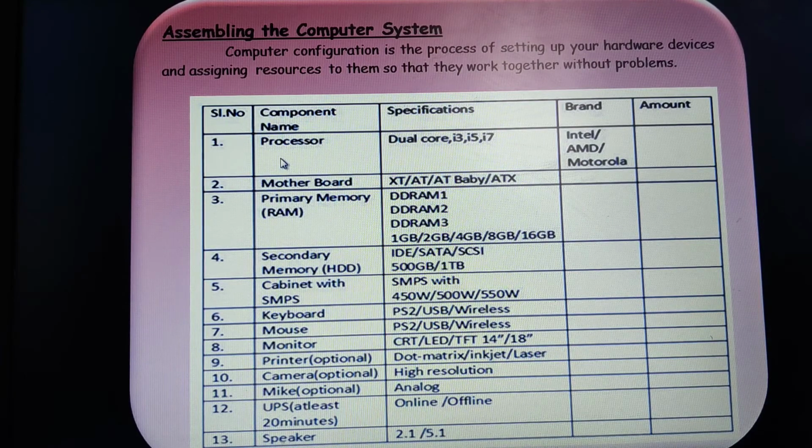So the processor might be dual core or Intel i3 or Intel i5 or Intel i7. Intel i7 is a high-end microprocessor where even L3 cache memory is also available. And then what are the brand names of microprocessors? Might be Intel or AMD processor or Motorola. Okay, so the processor will be dual core, i3, i5, i7 or Intel Pentium 1, Intel Pentium 2, 3, 4, Intel Pentium Pro. There are different kinds of processors available, but the latest is i7.